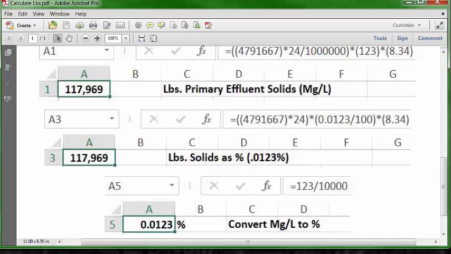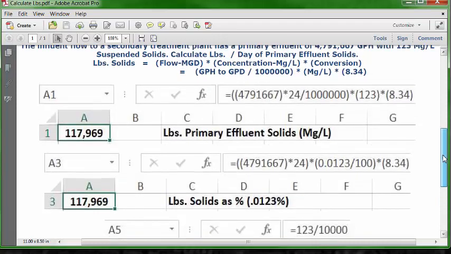Just take milligrams per liter, divide by 10,000, and that's going to be a percent. So 123 milligrams per liter is the same as 0.0123%. So that's the first thing. The second thing is that if we have a percent as the concentration, then that changes the way we insert the information into the formula for poundage calculation. Okay, so if you look at this second formula here,